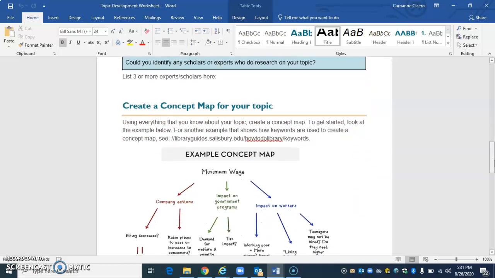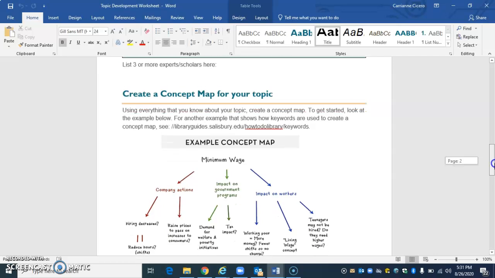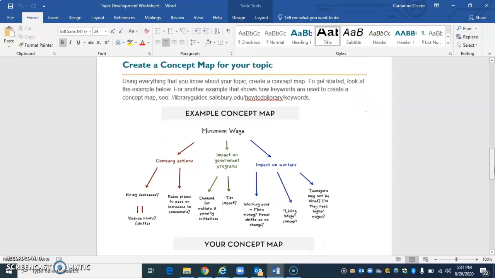And this next part is going to be a little visual that's going to help you plan. I want you to create a concept map for your topic. So using everything you know about your topic, what is your big overarching idea? My example here is minimum wage. What are topics that fall under that? Well, company actions have a lot to do with how minimum wage is given to people and why it is. What is the impact on our government programs? Impact on workers? And then you take each of these arrows and you go down a little smaller. And then that bottom line that you get to,